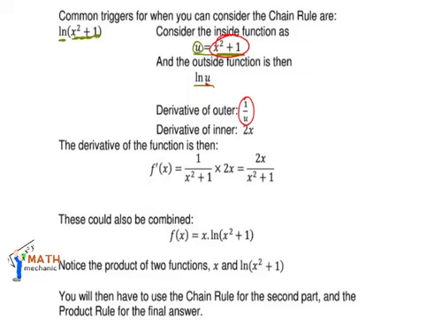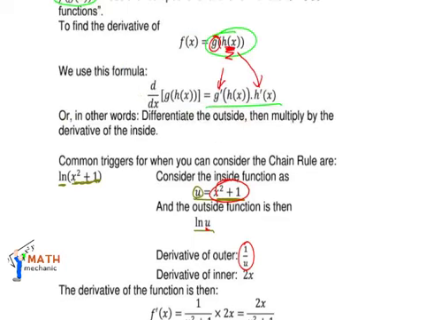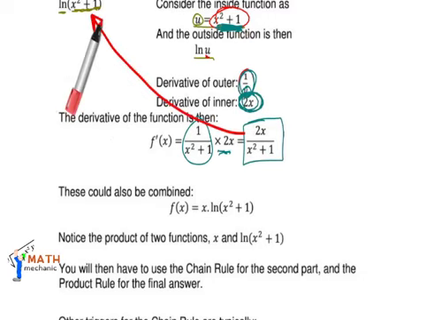So the derivative of the whole function, if you then go back to the rule, or the formula for the chain rule, is then to say we've got 1 over u as the derivative of the outer function. So let's just replace u again with x squared plus 1, and there we have it, multiplied with the derivative of the inside function, which we've calculated over there. So multiplied by 2x, and it gives us 2x over x squared plus 1, and that is then the derivative of that function that we started with.